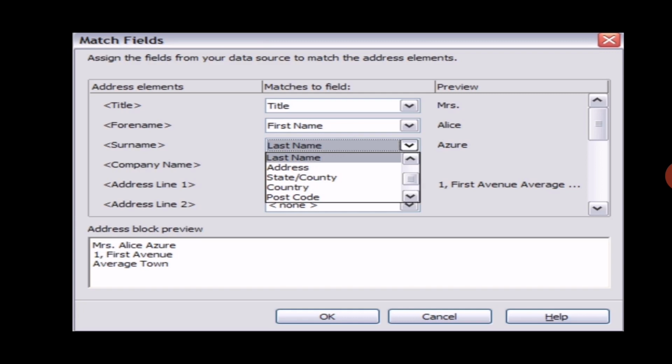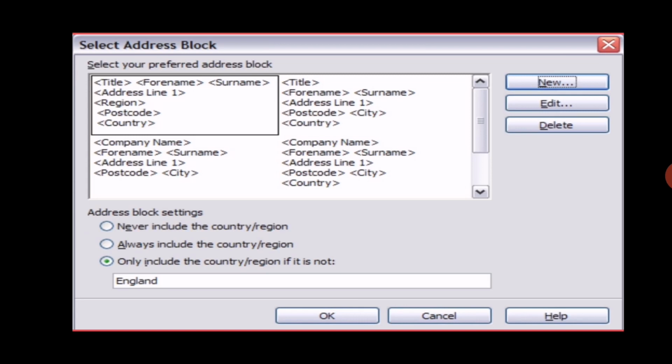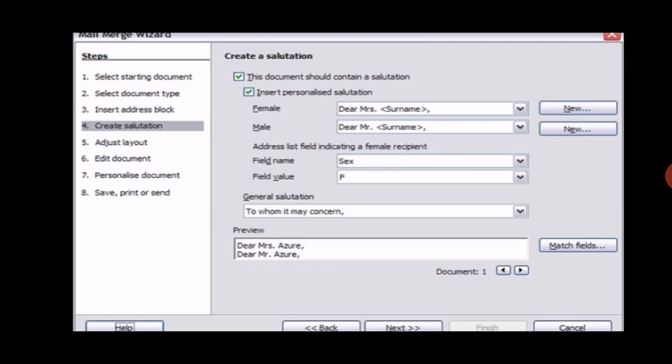You will select your fields here and match them. Now finally you can see in your selected address book which kind of data you have selected. You can see the preview of that here. After that you can click on the OK button.